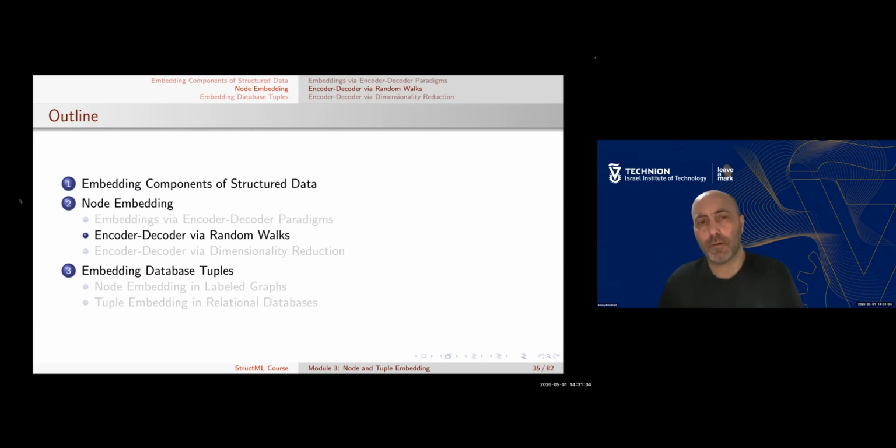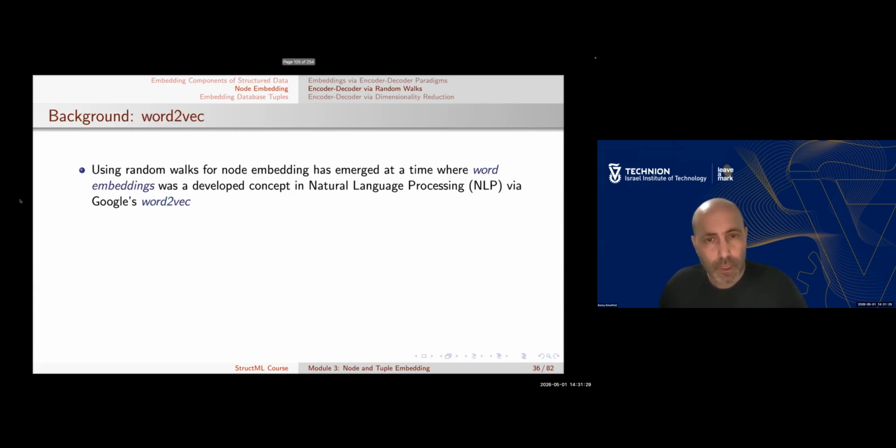We continue with the encoder-decoder paradigms for node embeddings. Now, the previous manifestations of this idea basically used very simple functions to define the proximity between nodes, either edges or the weights of edges. What about longer paths, richer relationships? Here we look at this idea in the context of random walks, and it comes from